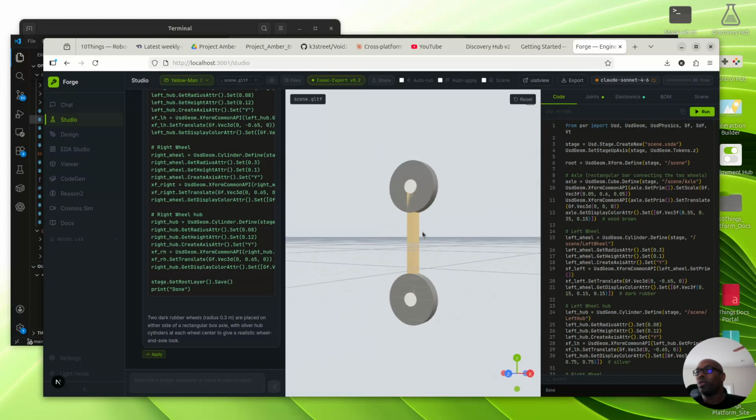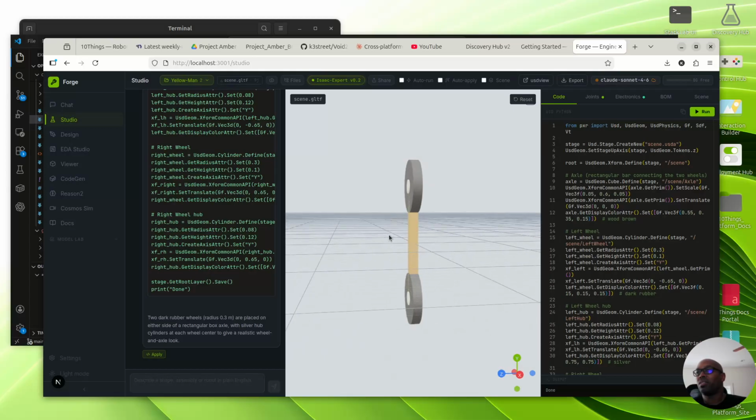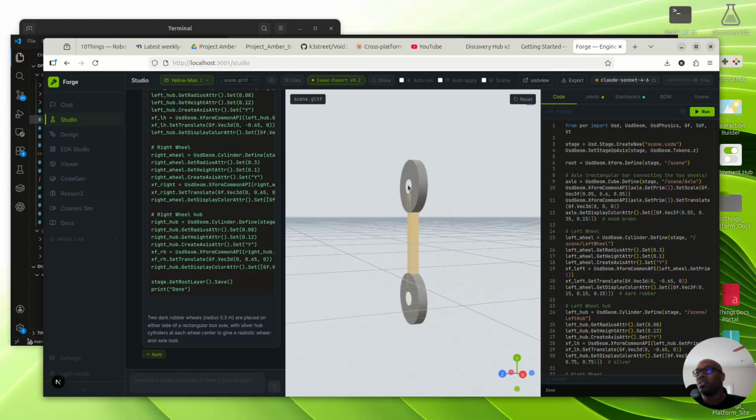There we got our wheels. I can fine tune this. Obviously, it didn't put the center of the wheels, and I wasn't very specific about that.